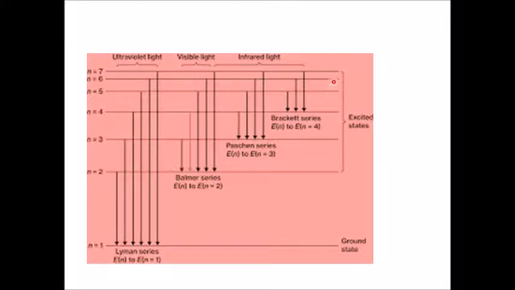And the Humphrey series is from n equal to 7 to n equal to 6. Of course, these are just means, man's estimation of how these transitions are, and we are studying right now the emission spectrum. So we have shown the arrows coming downwards. You will wonder why we are not showing the arrows upwards. It is simply because we are studying the emission spectrum, that is the light or the energy emitted when the electron jumps from n equal to 7 level to n equal to 1 level, n equal to 7 level to n equal to 2 level, and so on.